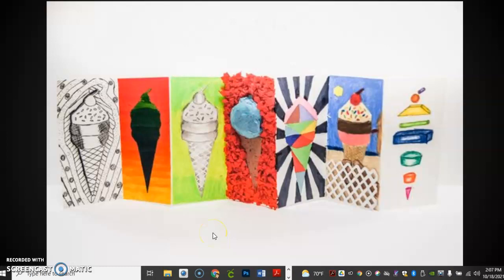Okay, so we're going to start our Elements and Principles of Design foldable book. You can see how this folds back and forth. What you need to be thinking about right now is what object you want to select for your foldable. Okay, so this person picked an ice cream cone